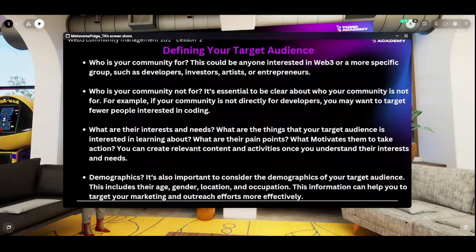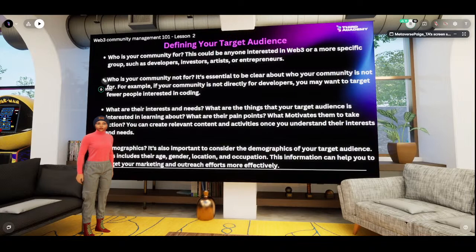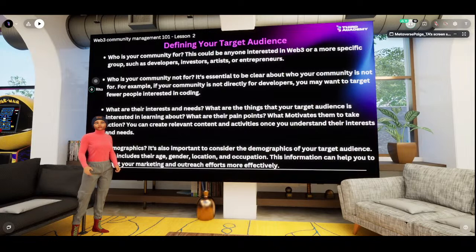Defining and identifying your target audience doesn't just apply to you if you're starting a community from scratch. You could meet the community already at a high point and you're just a new community manager to that community. It's very important for you to also understand the target audience and define it.